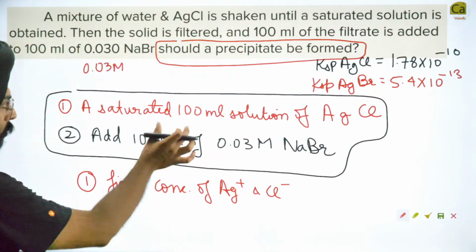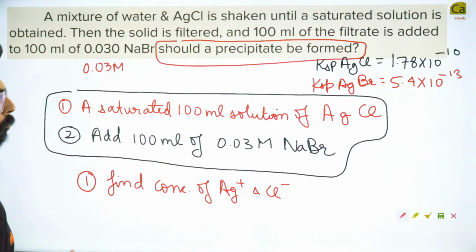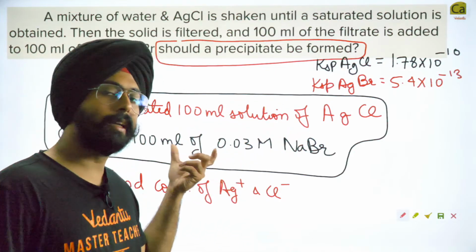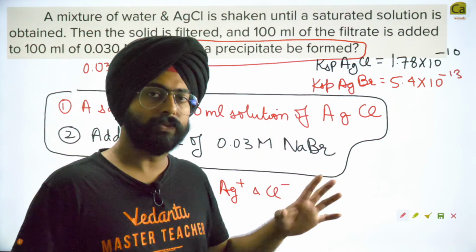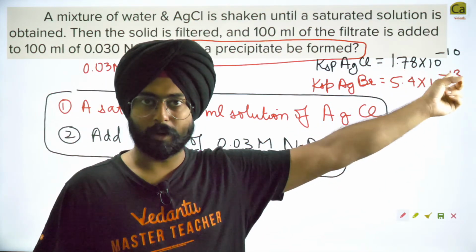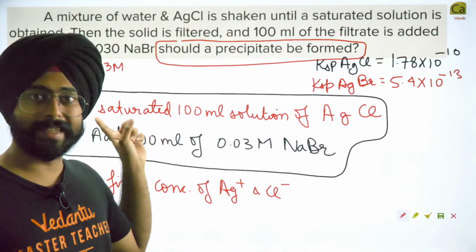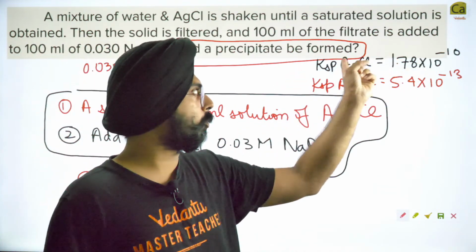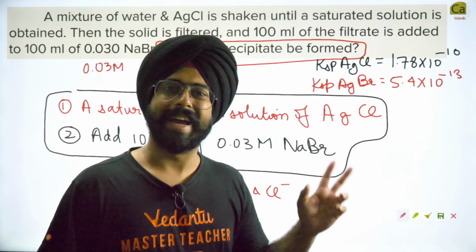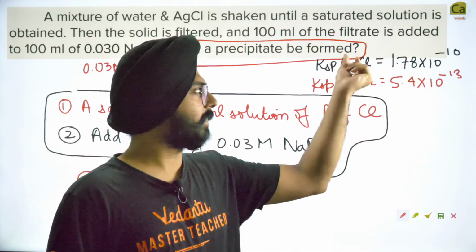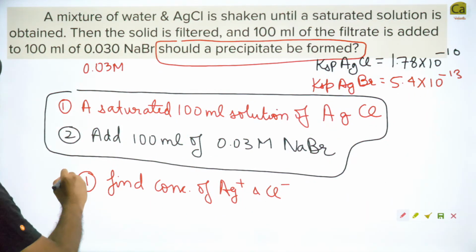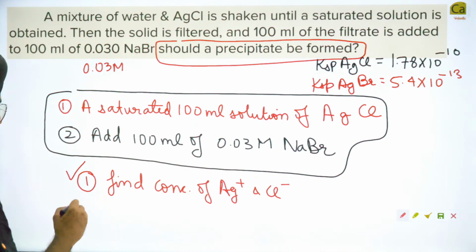Then what you are doing is you're basically turning that solution into 200 milliliters. Initially it was just 100 milliliter of solution, now you're turning it into a 200 milliliter solution. So first just calculate the concentration of Ag positive and Cl negative using the solubility product. It's a saturated solution, it's an equilibrium solution. You can use the equilibrium constant to get the concentration. Yeah, S square is equal to this. S आ जाएगा, S will be the concentration of Ag, S will be the concentration of Cl negative. So first of all, try to find the concentration of Ag positive and Cl negative.